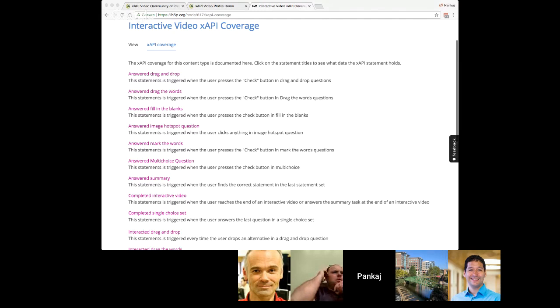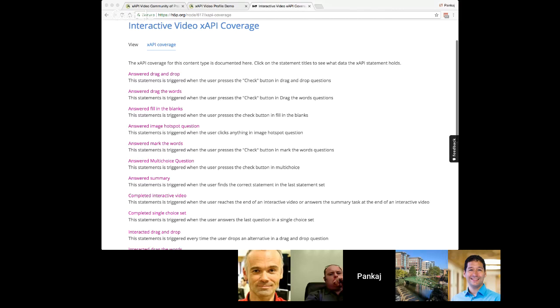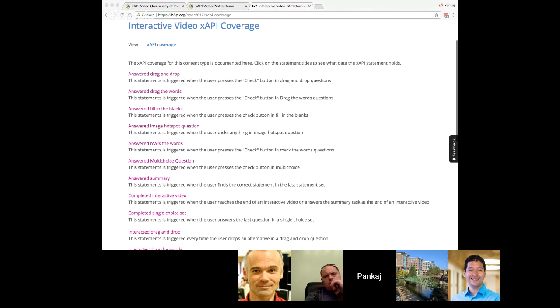If the verb is different, it will not follow the profile. A tool built for the profile will not report on those statements from H5P unless it is customized for that too. If the activity ID is not different, is that what you're saying? If, for example, the activity ID is different, so let's say you have some starting statement like attempted this video, and then